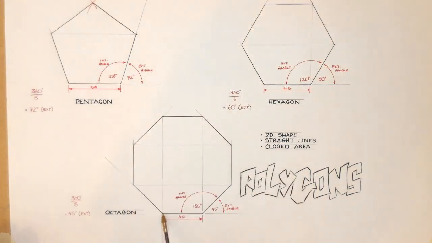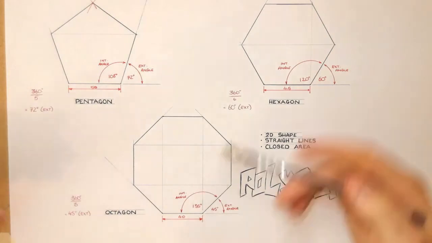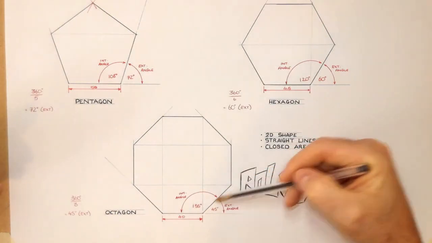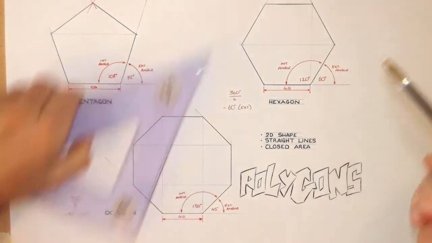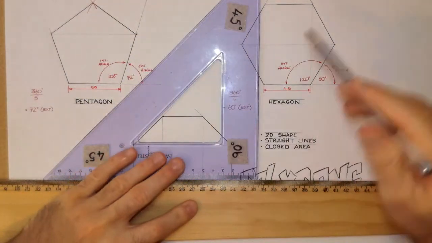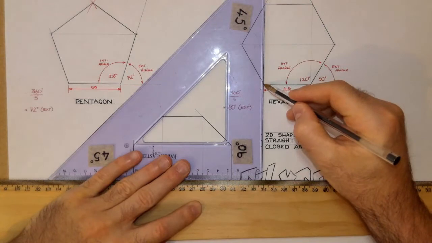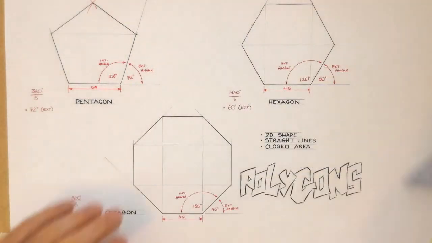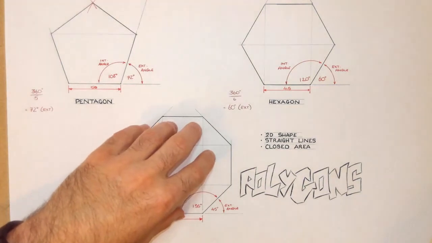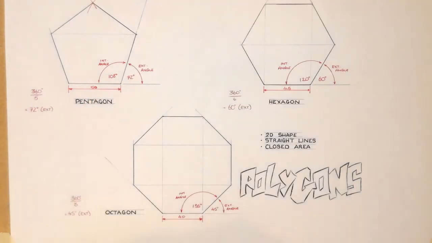And you can actually see how all the corners match up with almost the opposite side, which actually makes it quite helpful. Once we've done one measurement, we can almost figure out the rest of it. It was very similar up here, obviously, with the hexagon. Just showing you there, this corner should have matched up with this corner at the top, and it does. So for the ones where it is even numbers, the octagon and the hexagon, that's probably a little bit